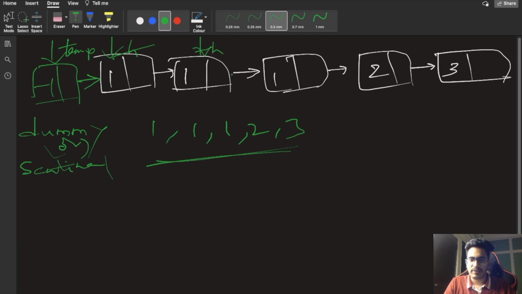Similarly we'll check again. Now 1 and 1 are again the same, so let's point our head here. And now 1 and 2 are not the same. Now we'll directly update our temp value to here, and our head value also will be here.